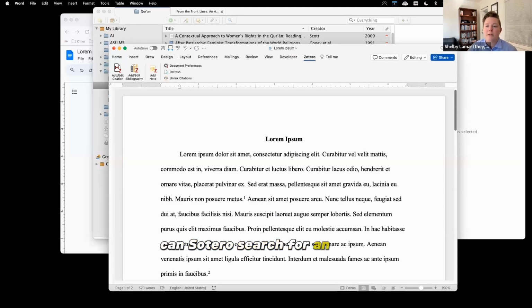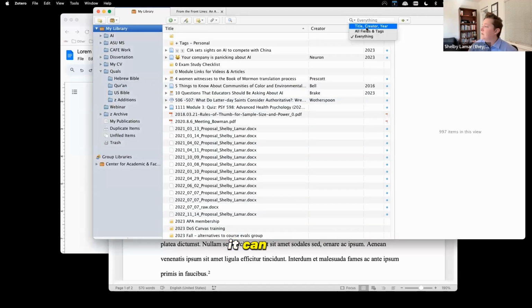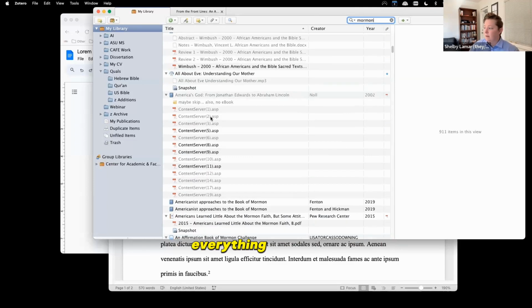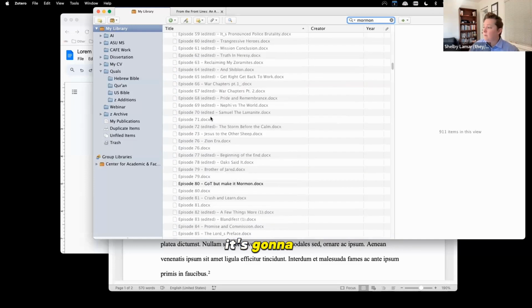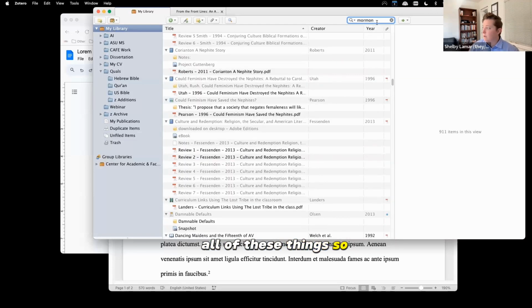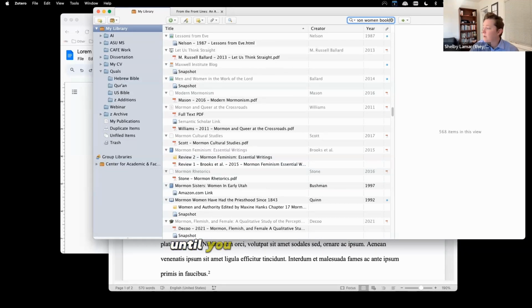Can Zotero search for and identify similar notes or highlighted text within all files? Yes, so it will check everything in your library if you ask it to. So for instance, it can do title, creator, year, all fields and tags, or everything. So if I want everything on Mormonism, I put that in and it's going to pull everything that I've got, which is quite a bit, right? Those are podcast episodes about the Book of Mormon, all of these things. But you probably want to be more specific, so you can keep adding things until you get fewer and fewer